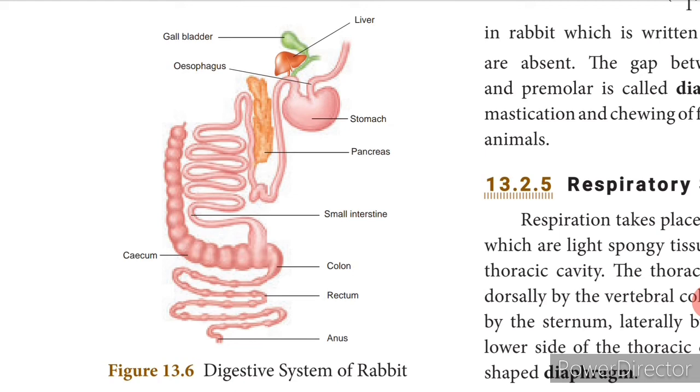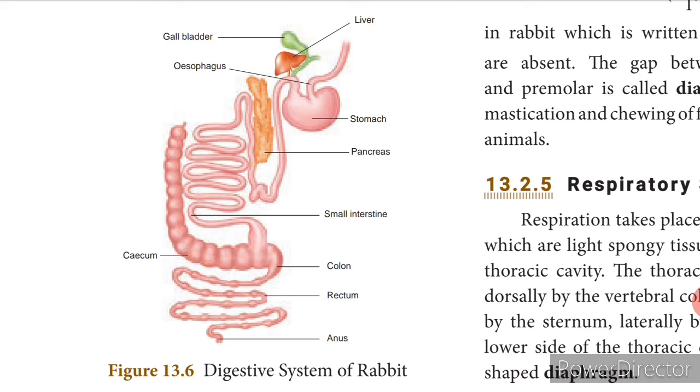Now here the teeth are used to cut, tear and grind the food materials, isn't it? Rabbit consists of two sets of teeth. Since it consists of two sets of teeth, it is called diphyodont dentition. The two sets of teeth are called milk teeth and the permanent teeth. The milk teeth are found in the young ones and the permanent teeth are found in the adult. In rabbit, the arrangement of the teeth is quite different, so this dentition is called heterodont. Now it consists of four kinds of teeth, the incisors, the canines, premolars and molars.